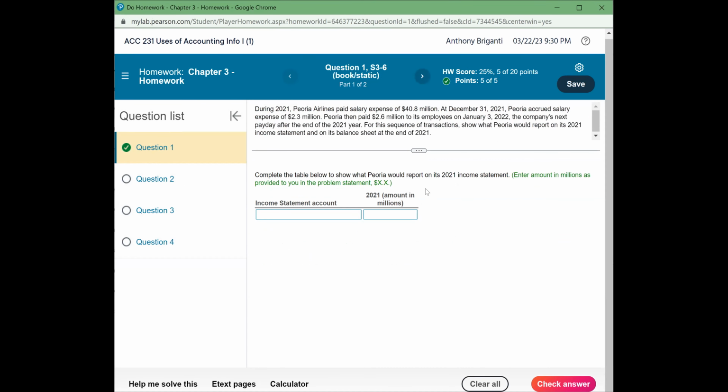So there's no shortcuts to economics, or I'm sorry, accounting. There's a shortcut to get the homework done, but there's no shortcut to learning this stuff. You've got to dig deep here. And this can give you a false sense that you understand it. It's like, yeah, I got my homework right, but